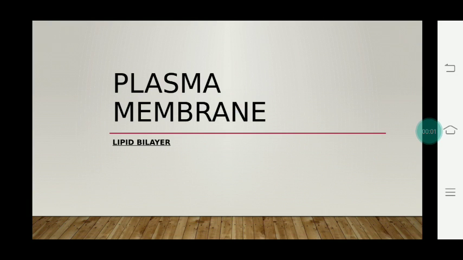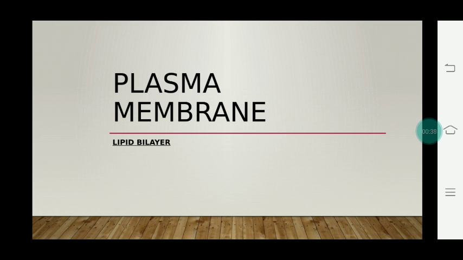Here is the course about plasma membrane, which is part of cell biology. In the overview of this course, we learn about what the plasma membrane is. It's the external boundary of the cell, and how the membrane is made. In the overview, we see that the plasma membrane is made up of some protein and lipid bilayer,